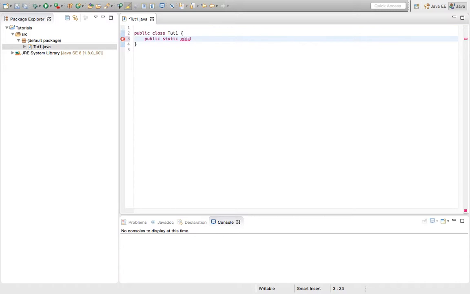Okay, so public static void, because it's not going to return anything. It's public, so it can be seen outside of the class. It's static, so it doesn't need the name to run. That's a bad explanation, but don't worry about it because I'm going to explain that when we actually get to static. And then the name of the method, and this is the main method. And it's a method, so as per convention, you have a lowercase m. As the class name had the uppercase, this one has the lowercase, so main. And then open and close bracket,